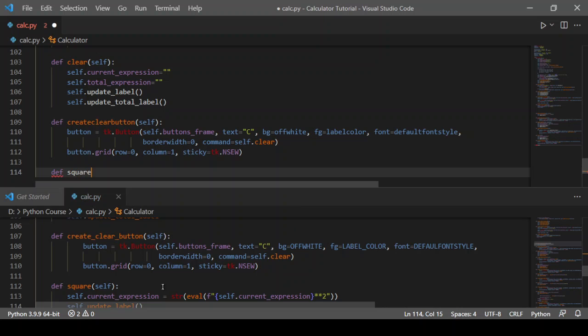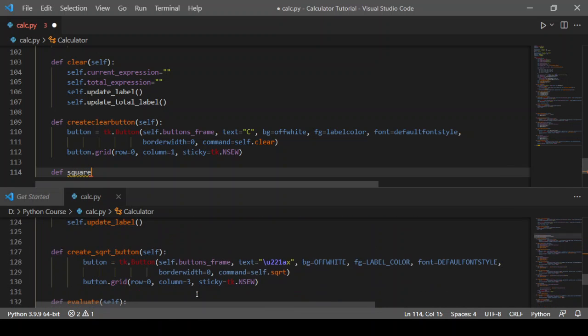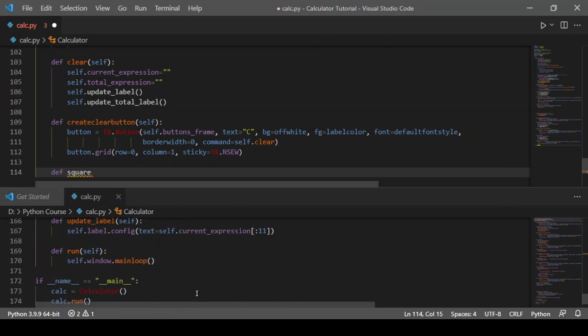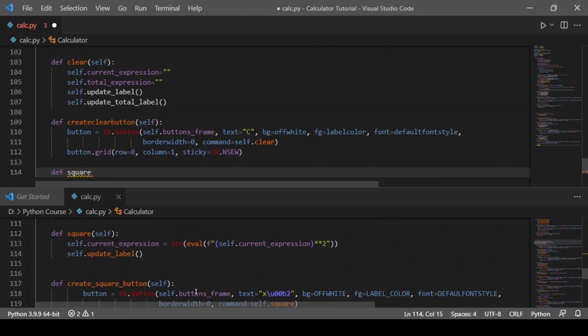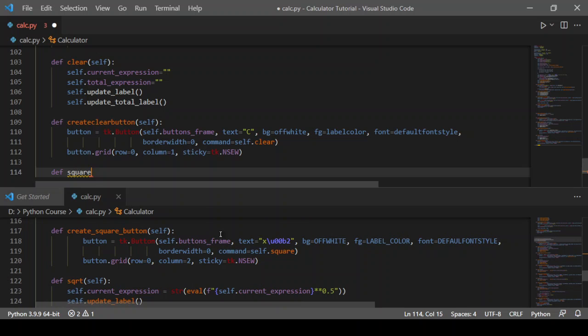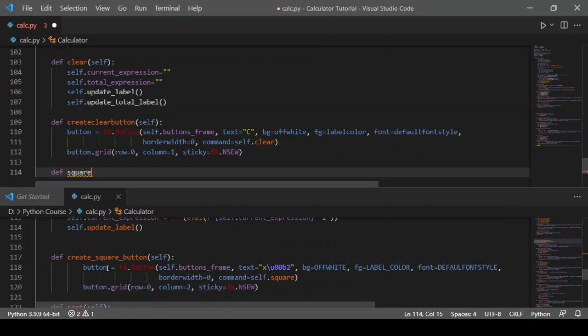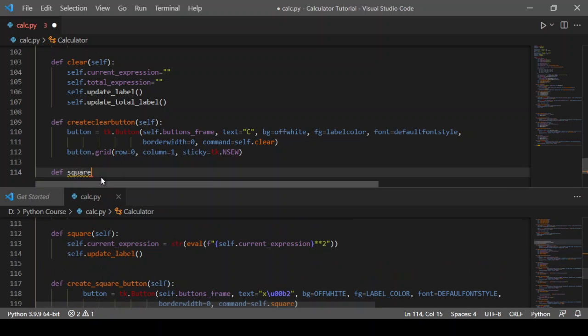Now we'll create the square root button. We are almost done with the program. It is 174 lines and we are at 114. So not a few lines, but yeah, we'll be done. So we'll create